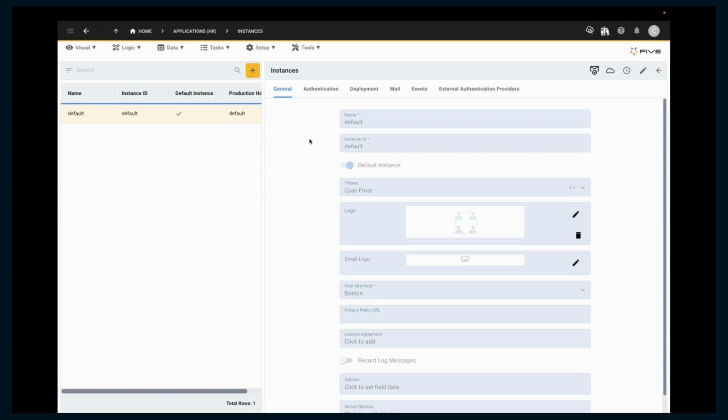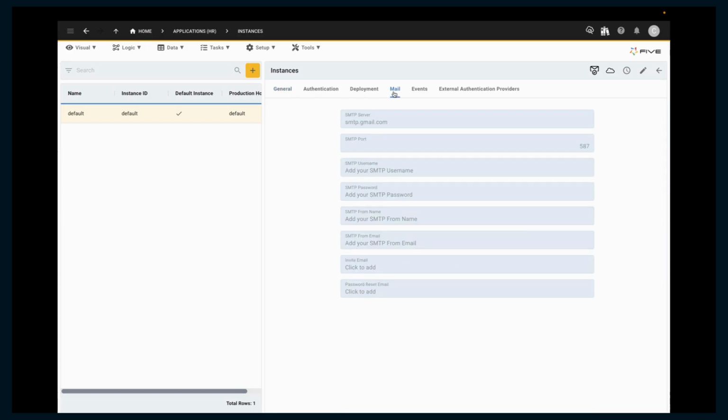To send an email, you must have your SMTP settings configured on the mail page of your instance record. You can learn how to do this by watching the video Add Your SMTP Settings in our introductory series in our online help. Once your report is created,